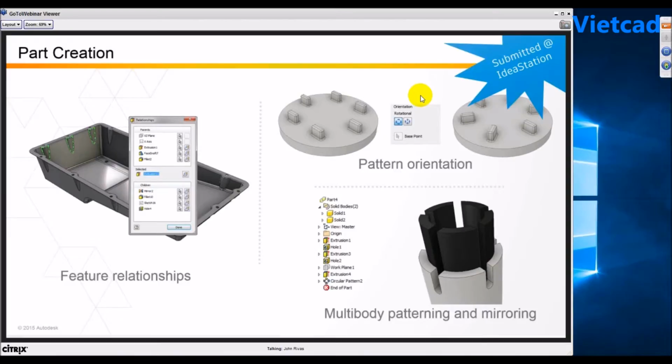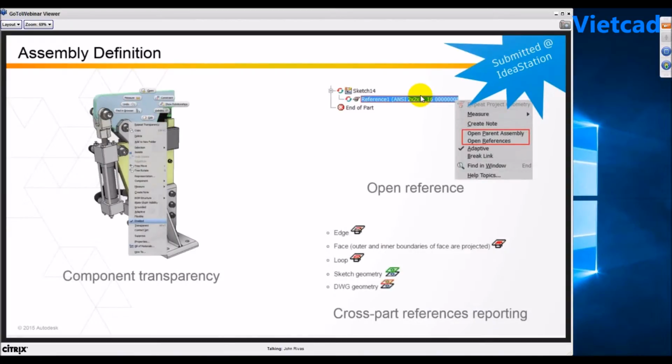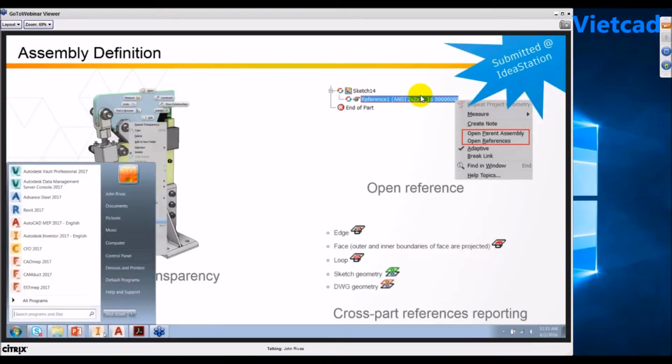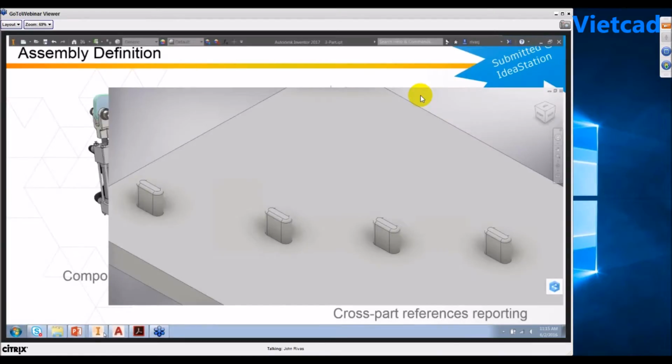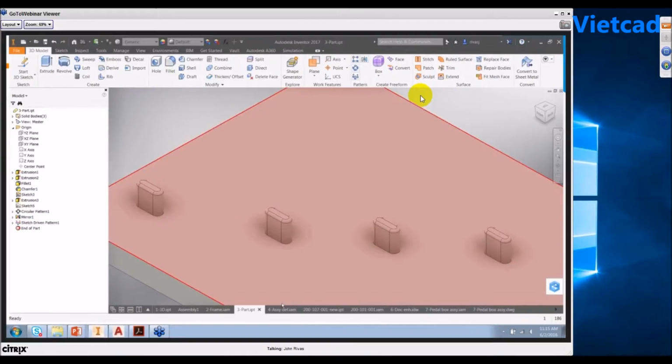So now in Inventor 2017, also submitted in Idea Station, we can now do some transparency in the assembly, opening references directly from the assembly within Inventor 2017. So let's have a look at that function. So if I have my assembly here,